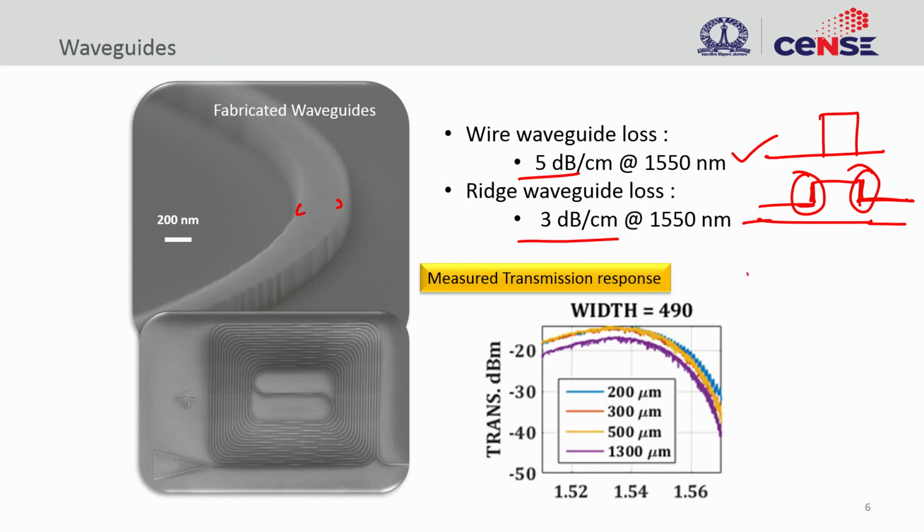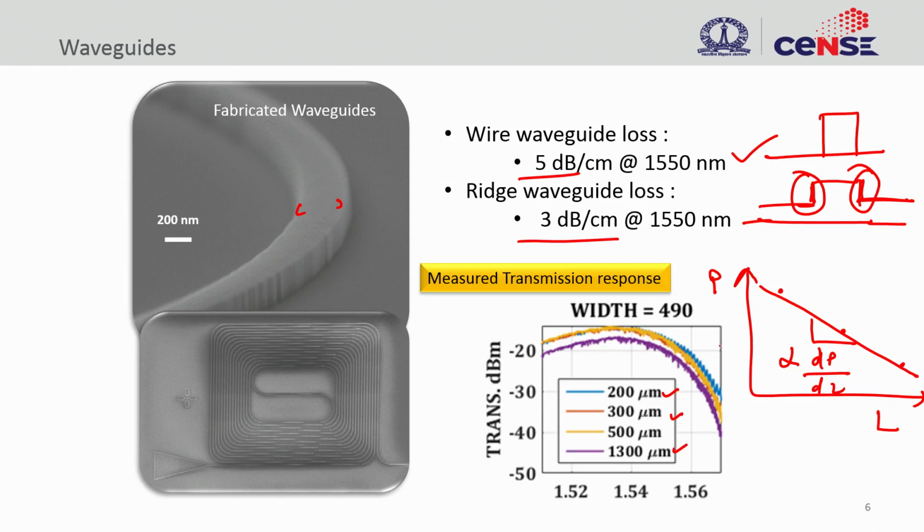And how do you measure the propagation loss? We measure it like we measure resistance. We have length, and then you have power going through. For shorter length you have more power. As the length increases your power decreases, and this slope gives you your loss, how your power is decreasing as a function of length. So, you have different lengths and then you can measure the loss out of this. You take these points and measure at a certain lambda, of course.